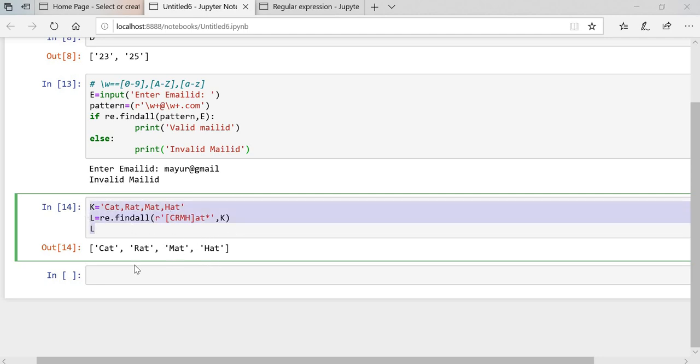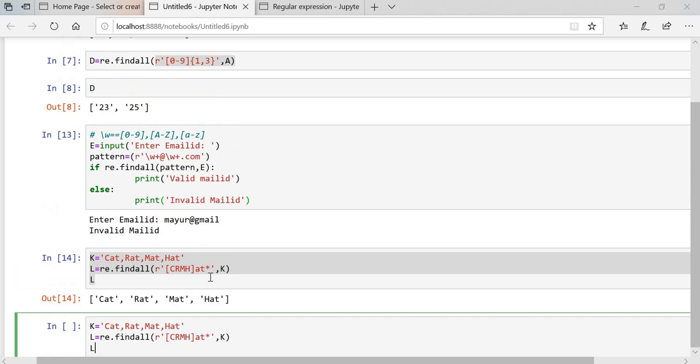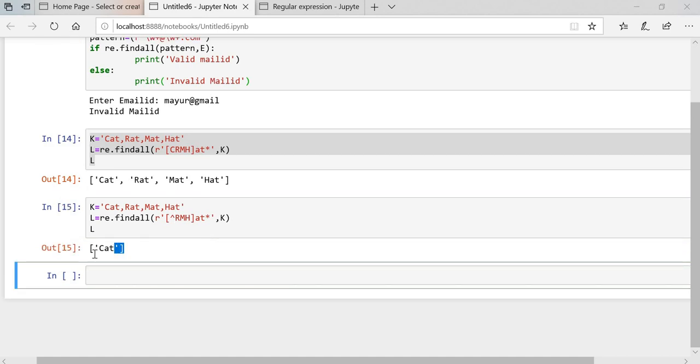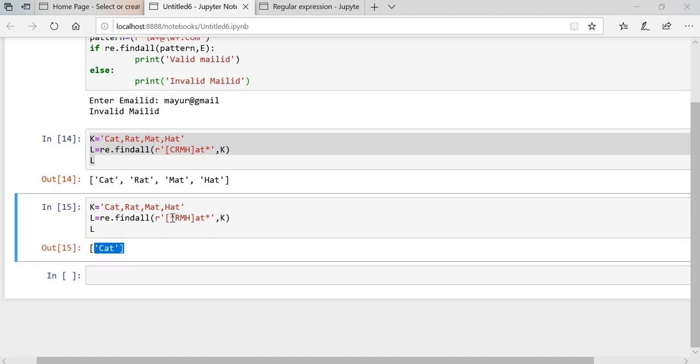We'll take the same example. If you don't want the values r, m, h, we execute and we got cat only. This caret sign is used to remove the element from the list.